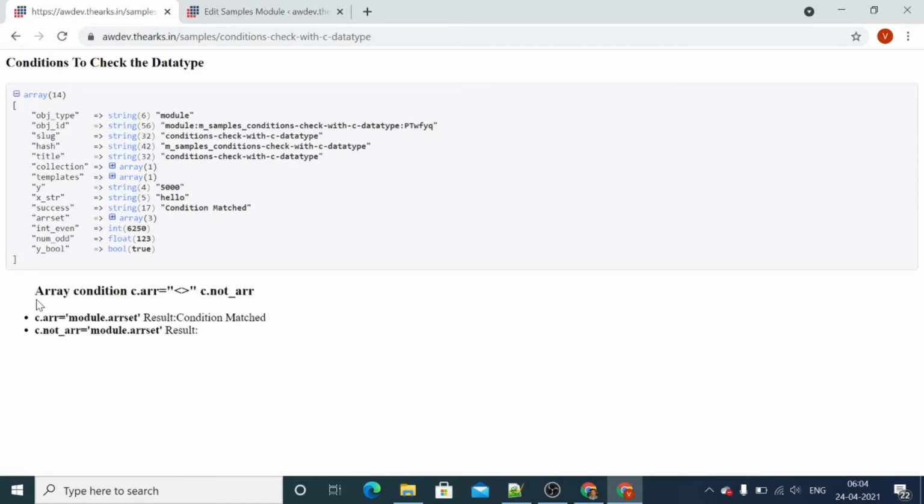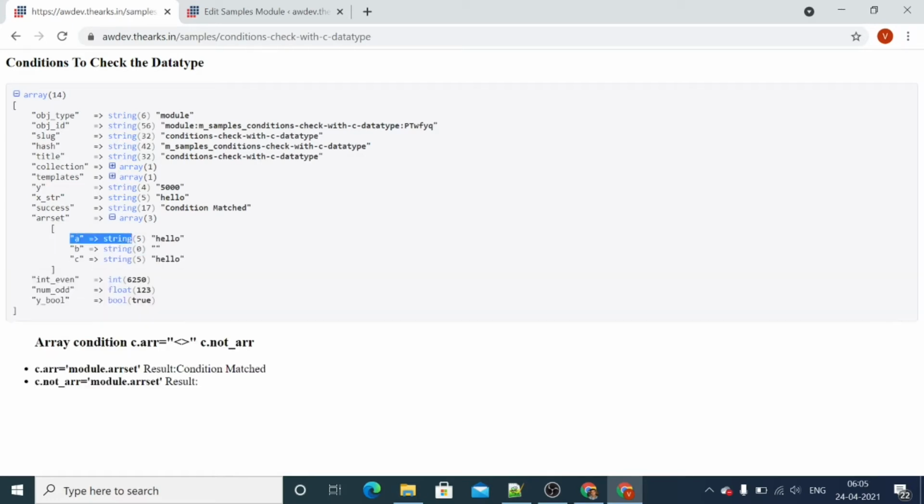So let's go back and check. We are checking the array condition by using c.arr and c.notarr. Module dot arr set, this is the variable arr set, this is an array, and this condition is matched because the module dot arr variable is of type array.